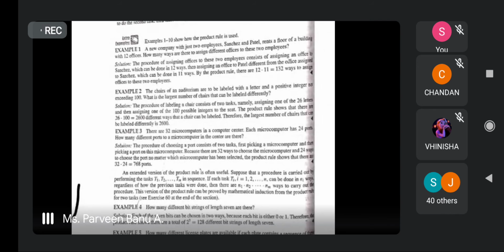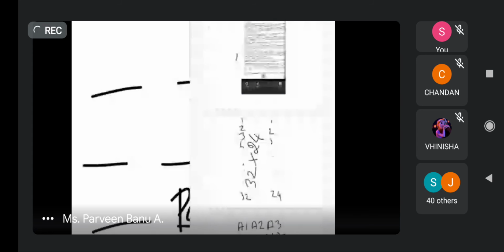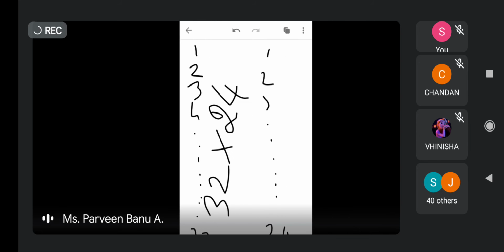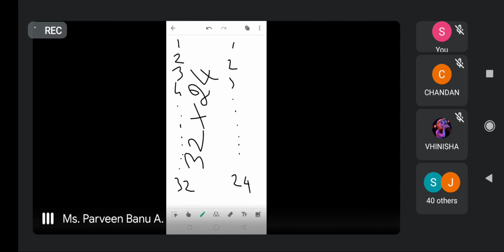So we have 32 possibles, which means here we can choose if we are having 32 computers. Suppose we take any of the 32 microcomputers, and we can connect the port with it.